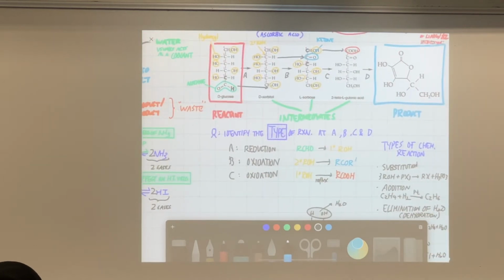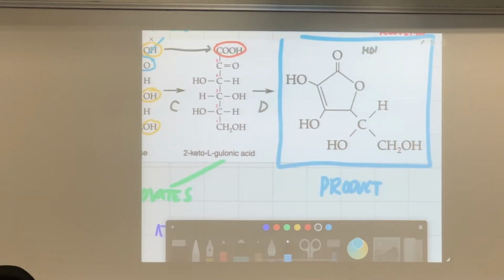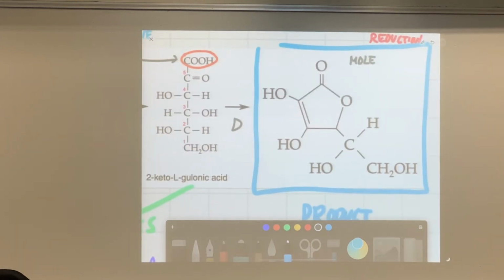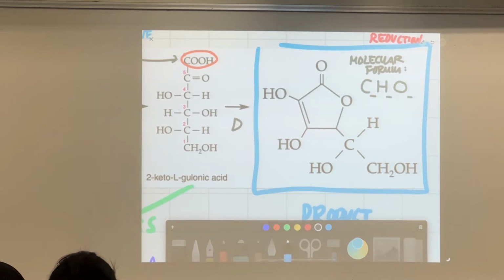So finally, D is the hardest. So let's do some counting. I want to just see if all of you can count properly. Can you count the number of carbon? I want you to tell me the molecular formula of this guy. No need to copy it, but you can just count, looking at this formula on the screen. Show me how many C, how many H, how many O there are. Don't yell out the answer. We'll check the answer in 30 seconds. You can count quietly first.